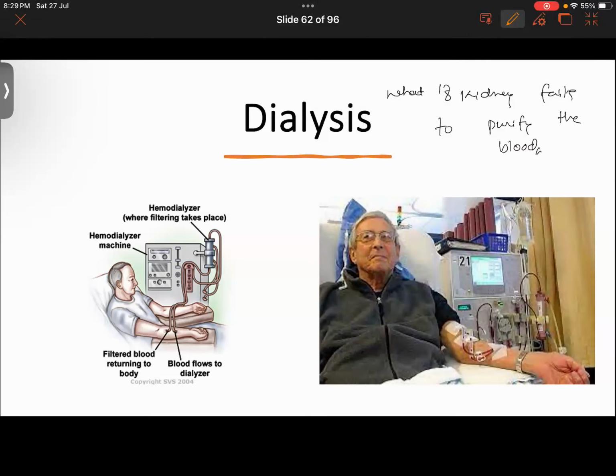In that case, the waste will start to accumulate in your blood, right? If the waste were to start accumulating in the blood, it will disrupt the functioning of the organs. The body will start to collapse, right? That's what